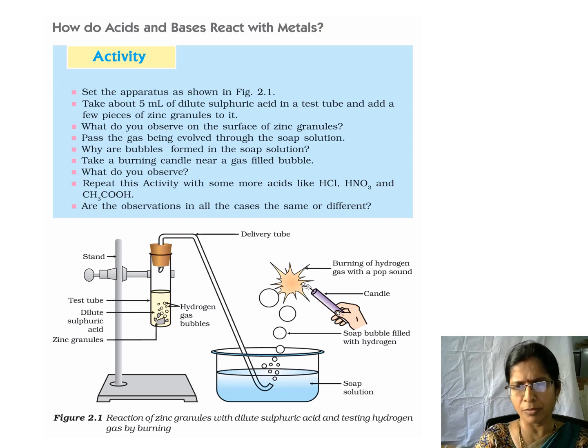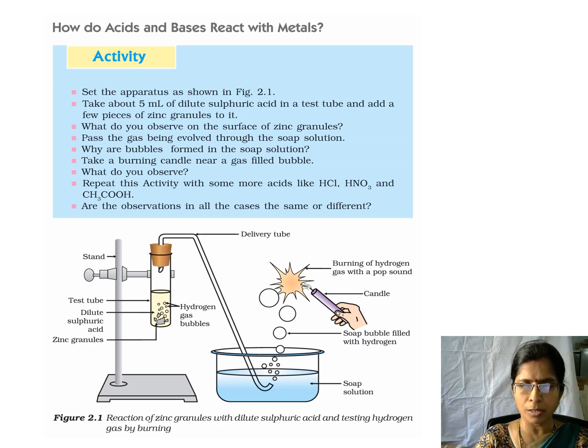You must be thinking why this delivery tube is placed in this trough. Here, the released hydrogen gas has a property that it is lighter than air, so it may escape into the air. To prevent it, it is closed with a rubber cork, and since the released hydrogen gas can dissolve in water, after entering into the soap solution, it forms bubbles. So these bubbles which you are seeing are the hydrogen gas.